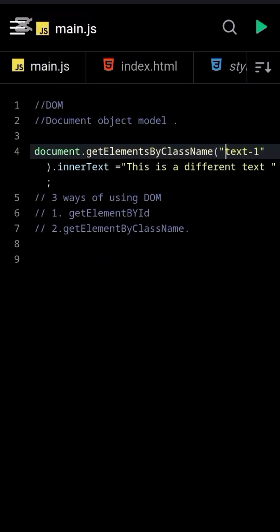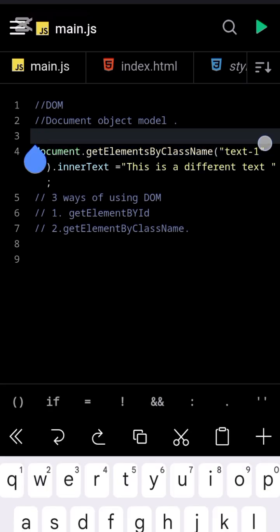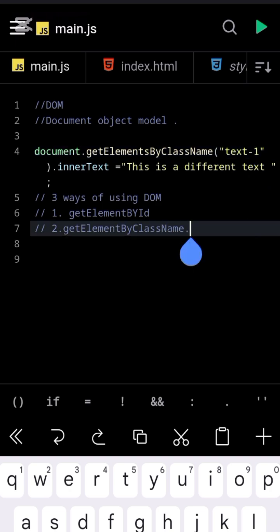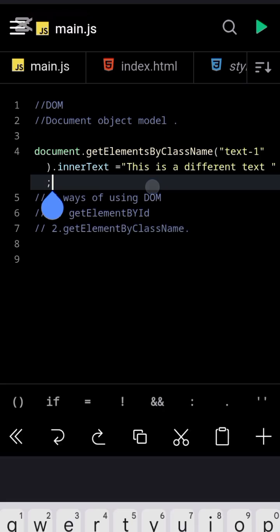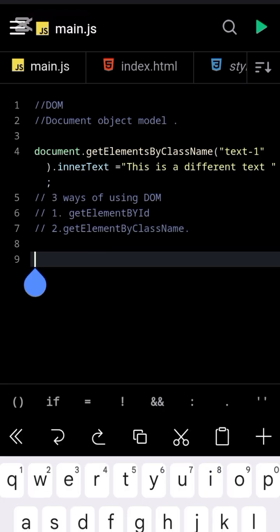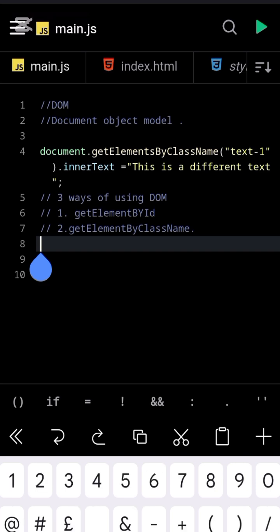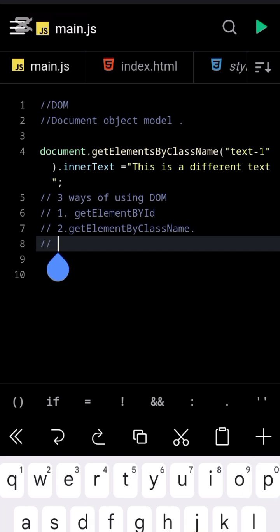Okay, so let's see this, get elements by class name. So the text did not change. Now there is another method of doing this. So you see that get element by ID is more effective, but there's another method, which is the third method, number 3,